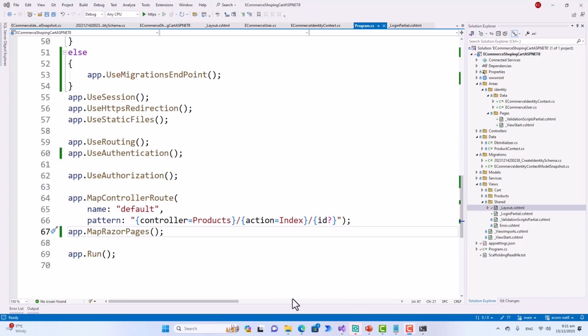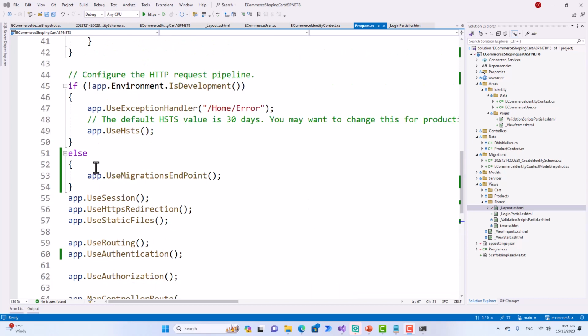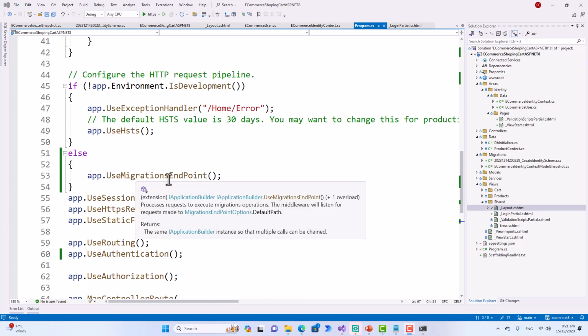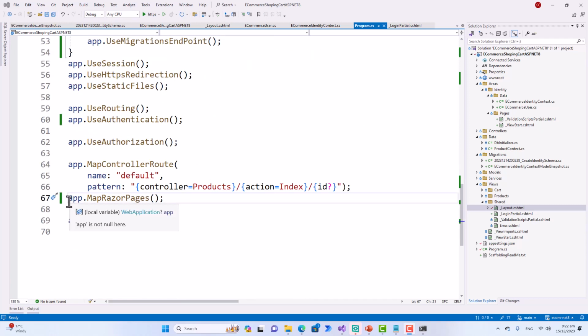Now, before running the application, I had to make two more changes in the Program file. That was, if the application environment is a development environment, then use migrations endpoint, app.UseMigrationsEndPoint. And if it is not a development environment, then use the exception handler /Home/Error and use HSTS. Okay, this is optional. You may get rid of this. This is adding middleware to add a strict transport security header, but for demonstration or training purposes, it is not required. But you have to also add app.MapRazorPages. So if you now run this application,